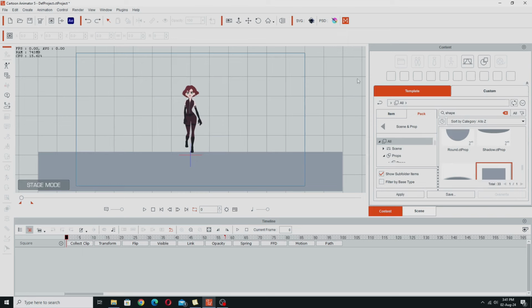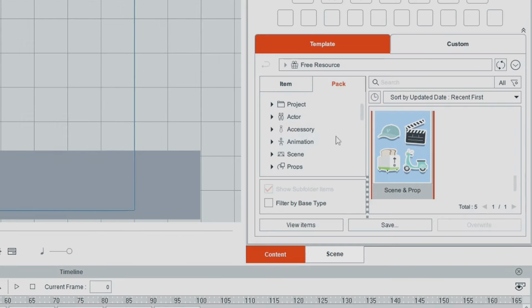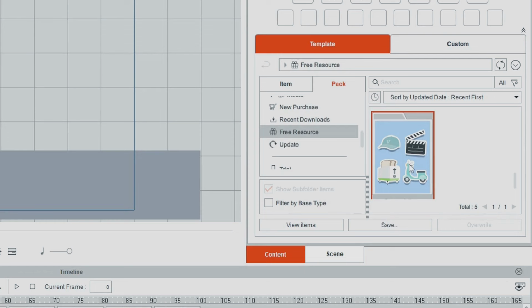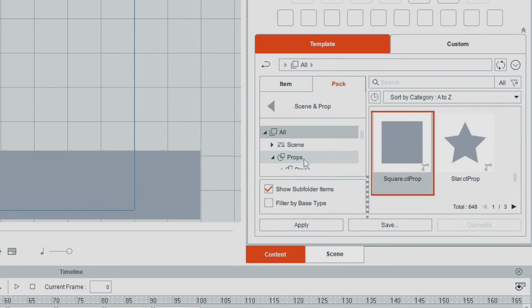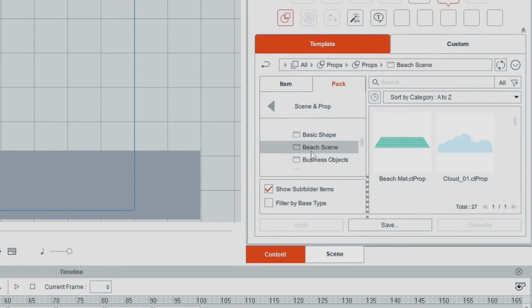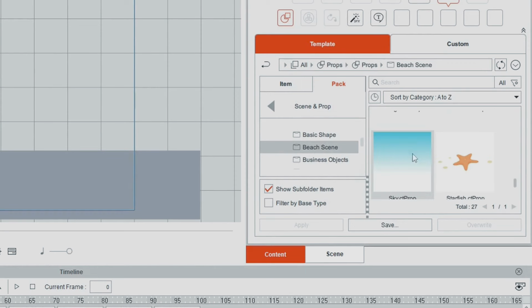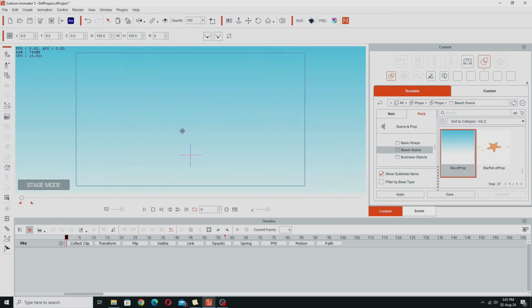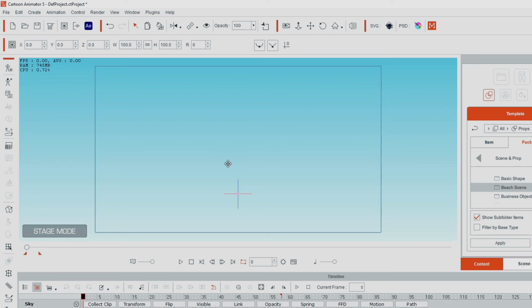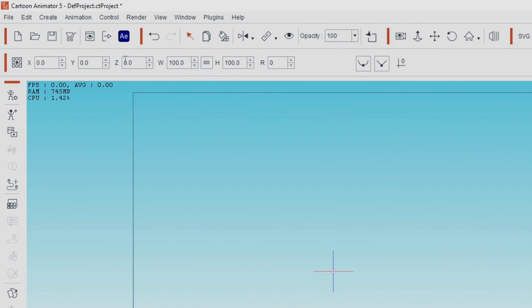Alright, next up we're going to do some sky, and we're going to get that in the free resources back inside here, and then we want to go into the prop. The sky comes from the beach scene possibly. This sky prop here in the beach scene, I'm going to double click on that, and this prop we're going to put as far back as it can possibly go on the Z axis. So I'm not even going to try and resize it here, I'm just going to go on the Z, and the absolute maximum you can send something back is minus 9,999, so I'm going to type that in,